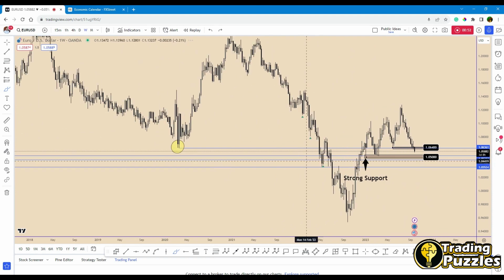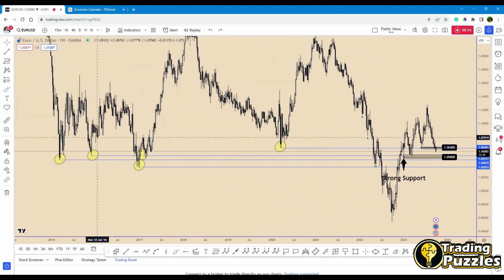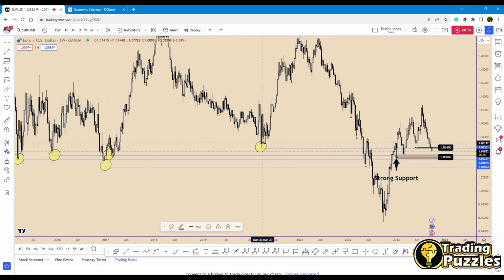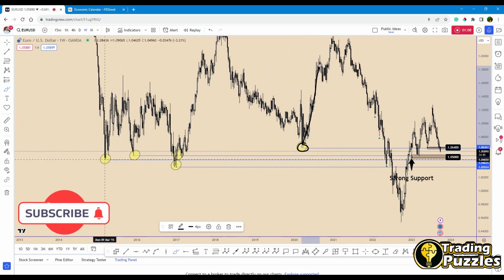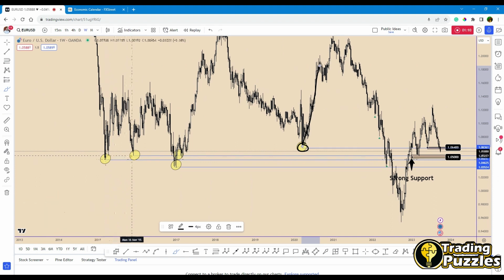The reason is that if we look at the left side of the structure on the weekly chart, we may see that the price tested this area in March 2000, increased, and was in this area in March 2015, November 2015, and we have a big area between January 2017 and the lowest low was created at